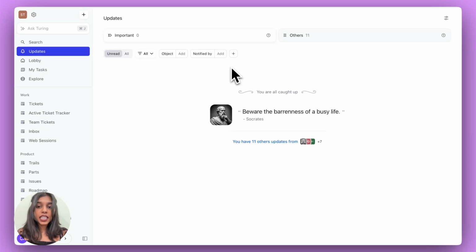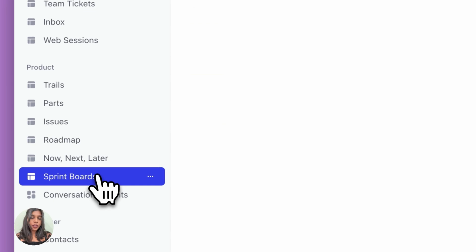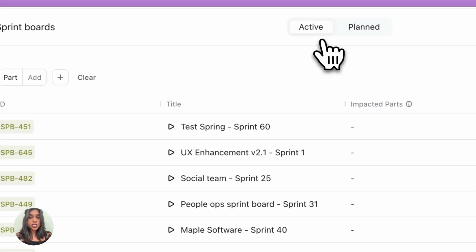Staying on top of your plans and getting early signals on your team's focus is crucial. In DevRev, the sprint board is a powerful tool to help you track and manage sprints effectively. To get started, head over to the sprint board section, which is basically divided into two parts, that is active